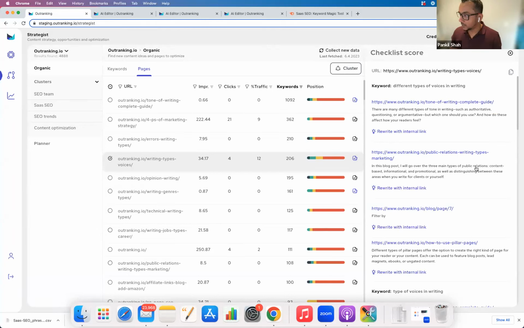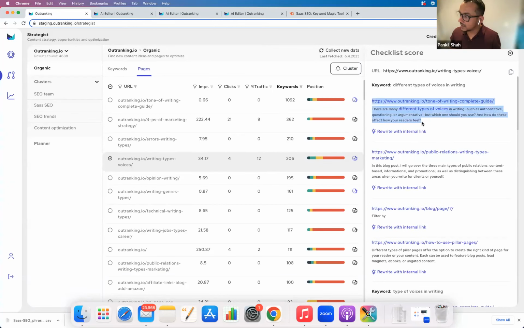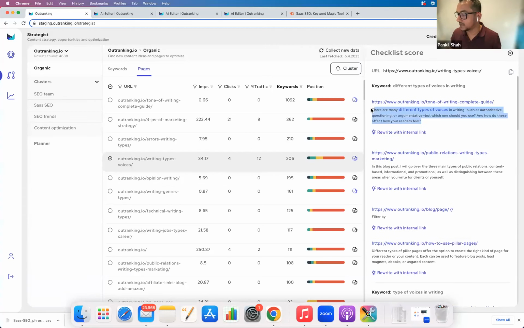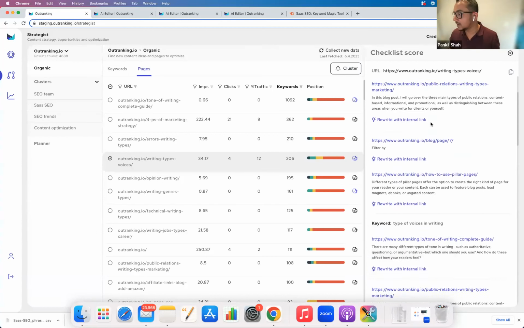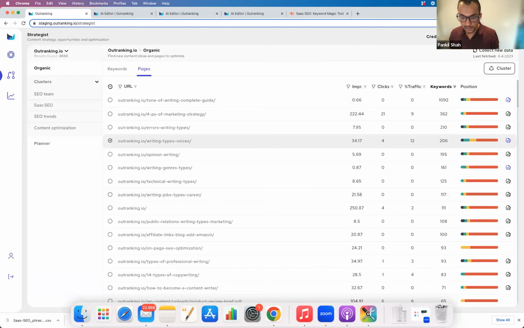If you click on it, it will display certain keywords that you can get internal links for, and it will find the paragraphs where this keyword would be best fitted, and the page where it would be best fitted. So now, okay, I know this page. I can rewrite with internal link, and what it will do is rewrite the entire thing by infusing this keyword and having the internal link right there. Now you can copy this and replace it at the destination URL, and manage your internal linking for those pages. You can do this from here. It's just a quick feature that I wanted to show, but that's about it.